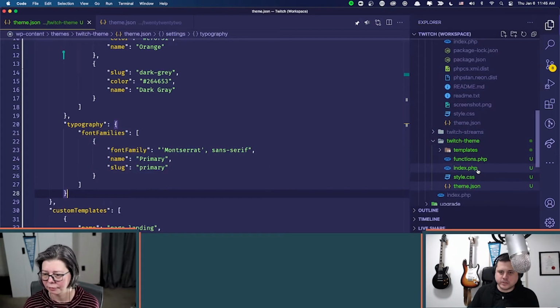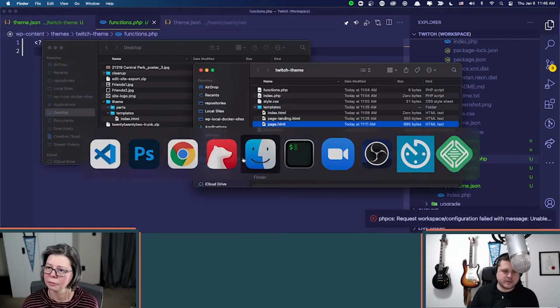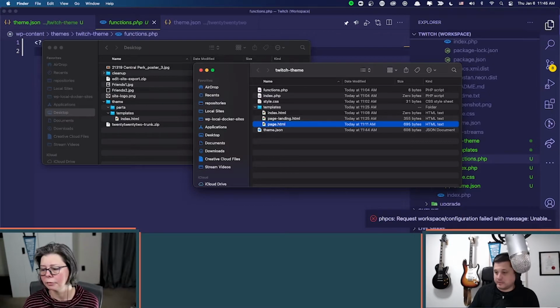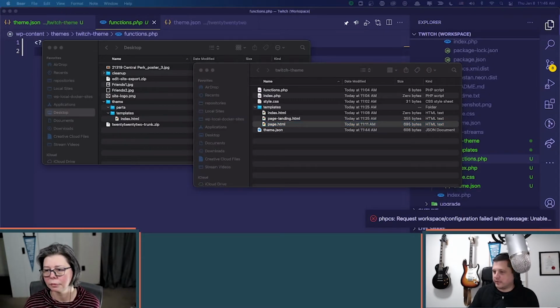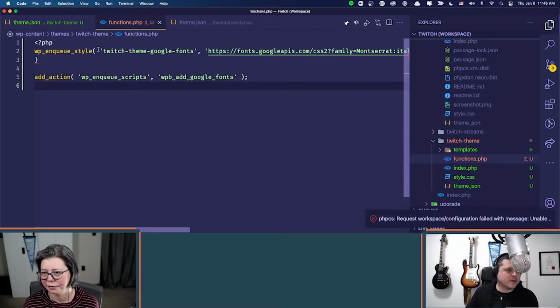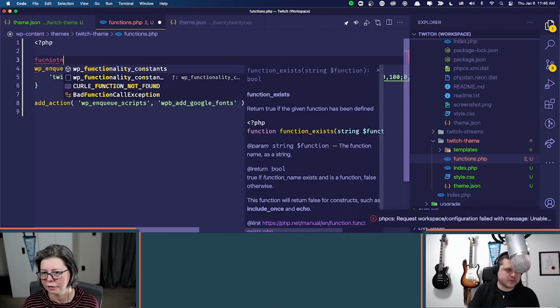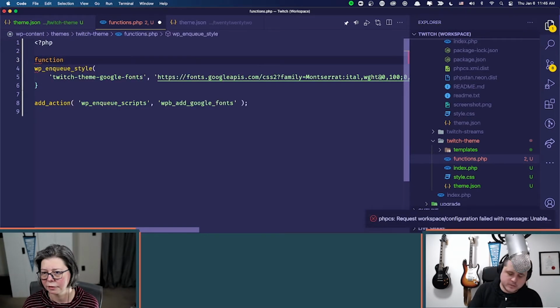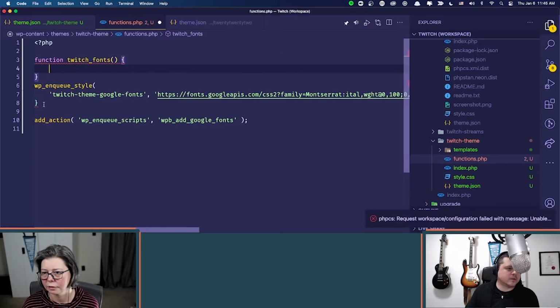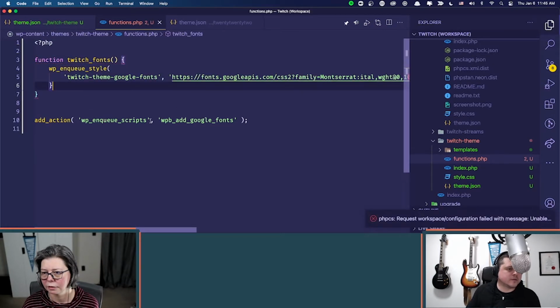So we'll go into functions. We'll do that in functions. To save a bit of time, because I don't really know how to code, I Google everything. I have grabbed this, and I'm just going to put that in there. So I'm going to enqueue. Oh, this should actually be a function name. So I'm going to go to function name, function enqueue, whatever, Twitch fonts. And then I'll grab my enqueue, and I'll drop it in there. And then I'll just do this, and this, and